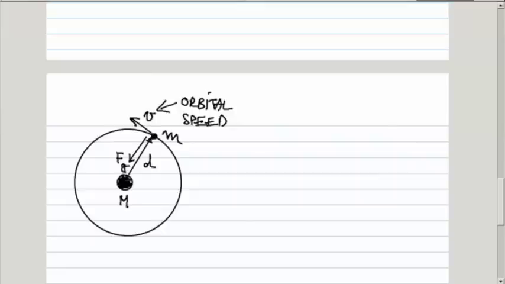So the velocity is not constant. And that acceleration, the rate of change in the velocity direction, is caused by the force of gravity. So Newton's second law tells us that the mass of the body times its acceleration, which for uniform circular motion with the speed v and radius of the orbit d happens to be like this,